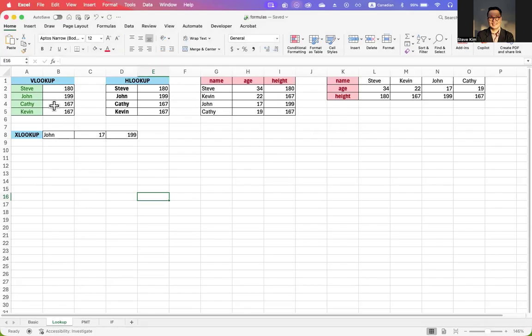For vertical lookup, we will check this table here. We have 4 people with their height, and each lookup with their height here as well. And over here, their age and height as well. Okay, this one over here. Also the image height. So we have 4 tables here. Based on this one, we can check,